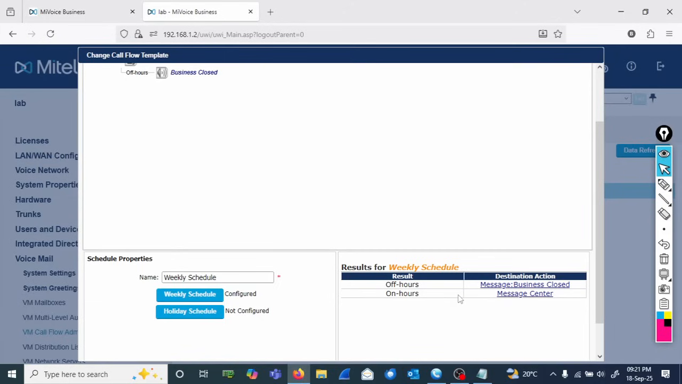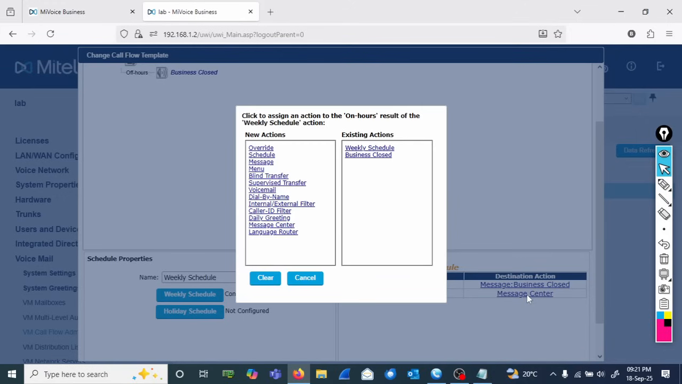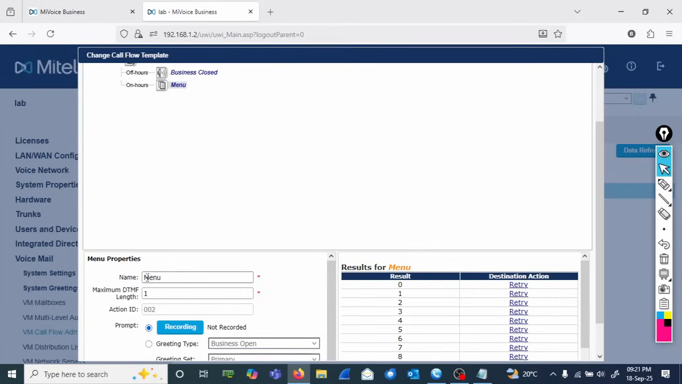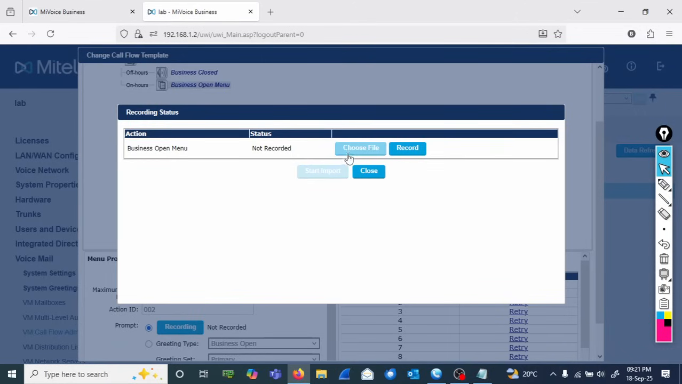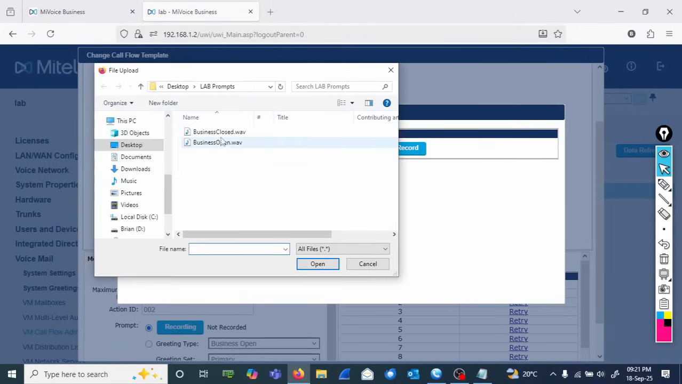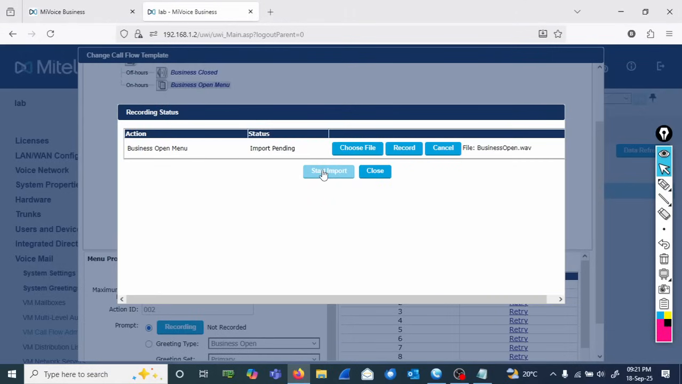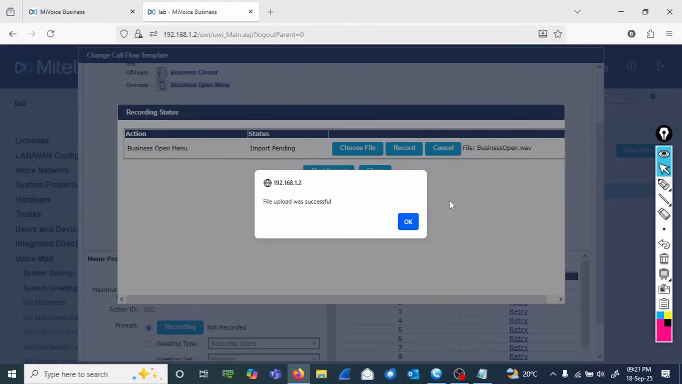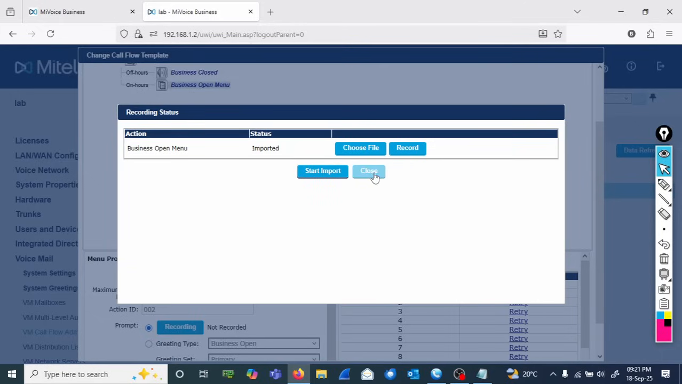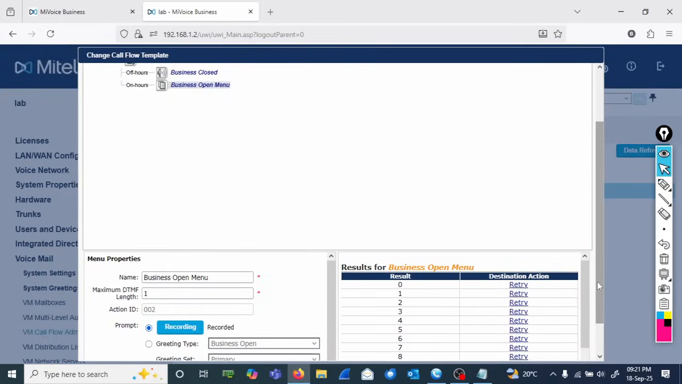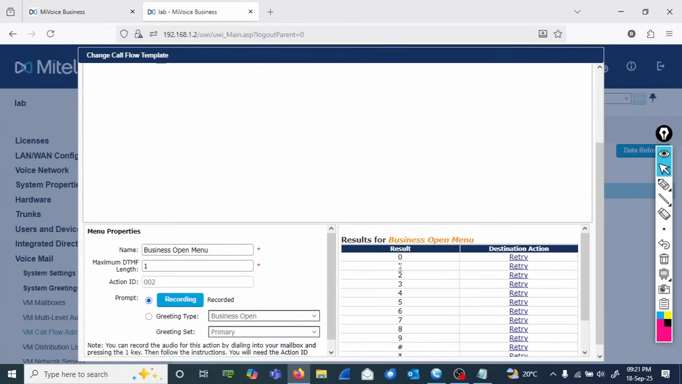So when it's on hours, we are going to go to the message center and we are going to choose menu, and we are going to say business open menu, and we are going to play a recording. We are going to choose a file, business open. We start to import. File was successful. We close, and when we press 1,